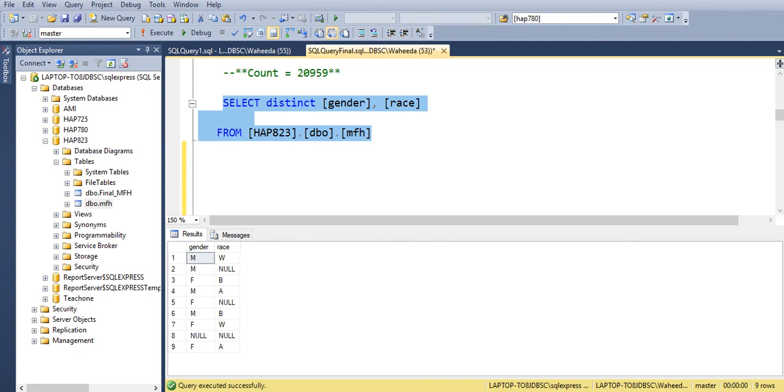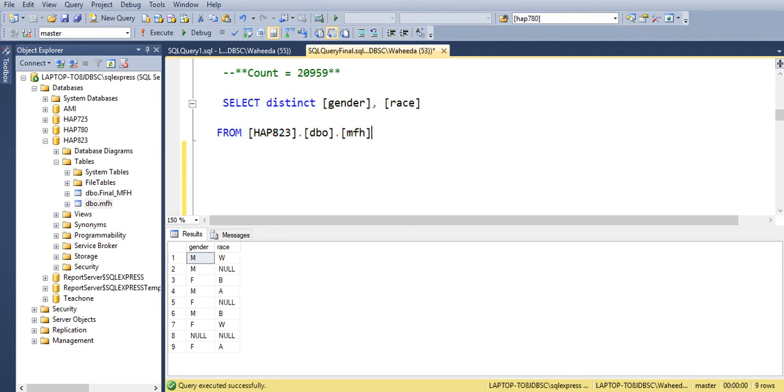That would not be good. And because the total percentage of the null is higher, we're going to just assign an additional category to that